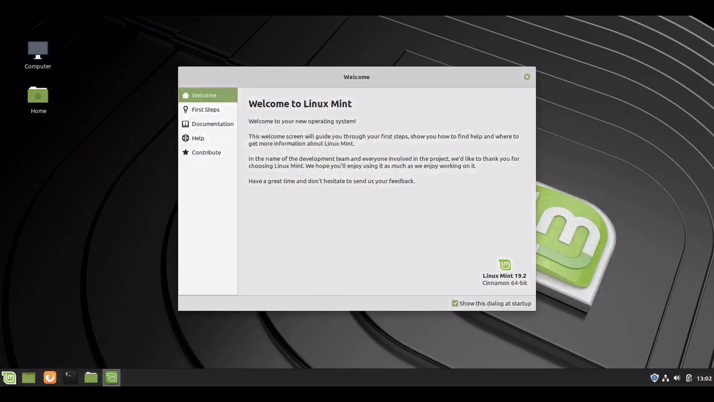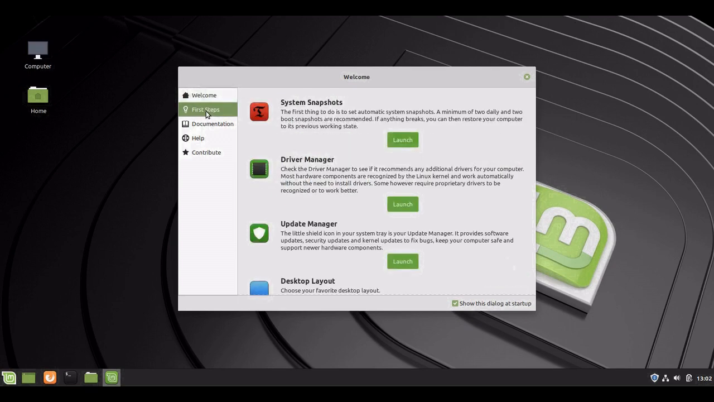So we booted up a brand new install of Linux Mint Cinnamon. And the first thing you see is the welcome screen. And a good place to start in that is First Steps. In First Steps, you see System Snapshots. It's good to launch it and set it up so that it will make a system snapshot for you at various times, so that if something would happen to go wrong, for instance during an update,